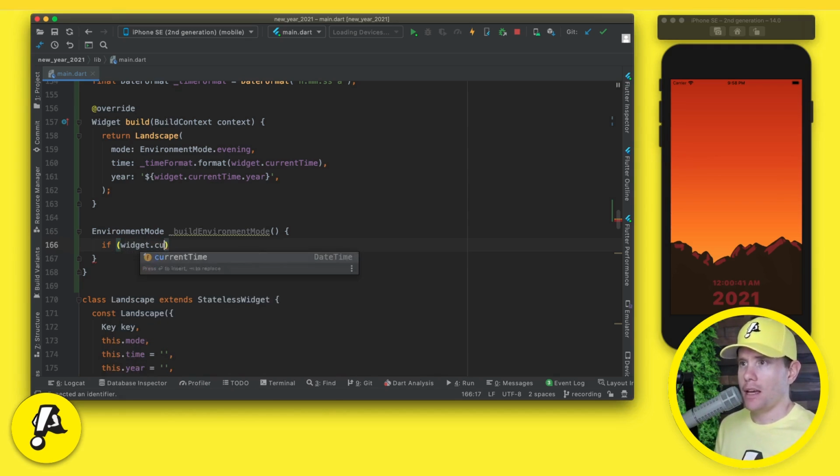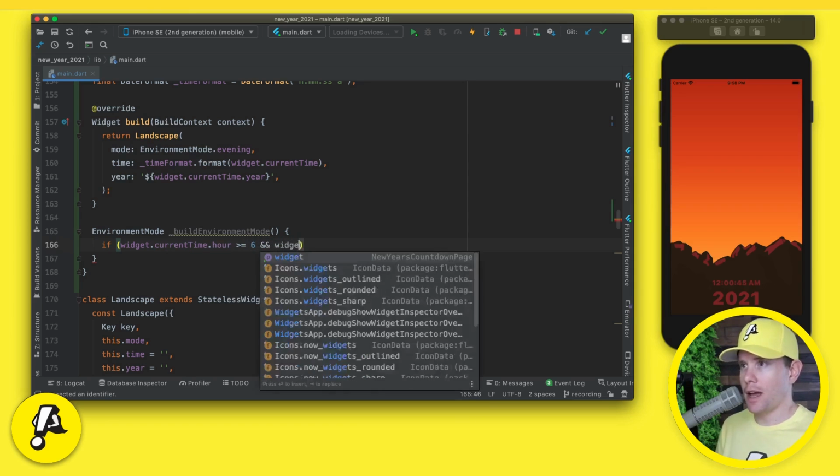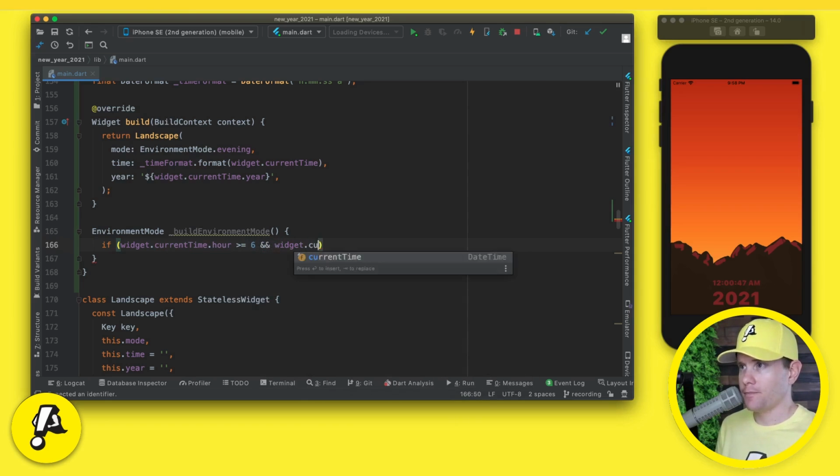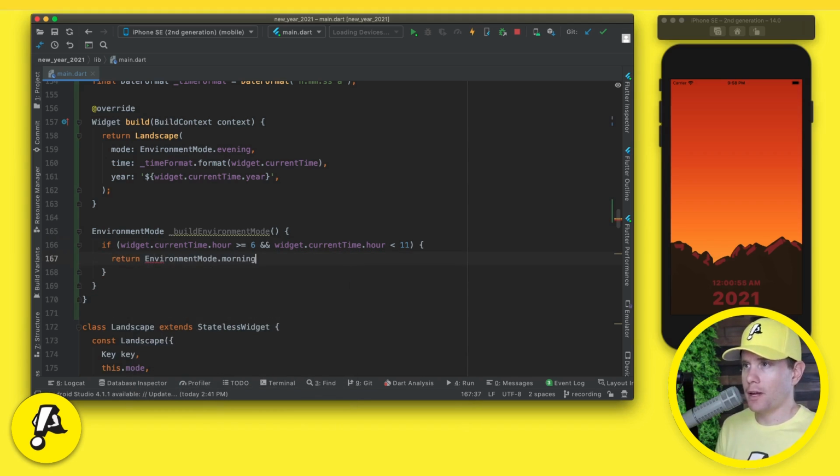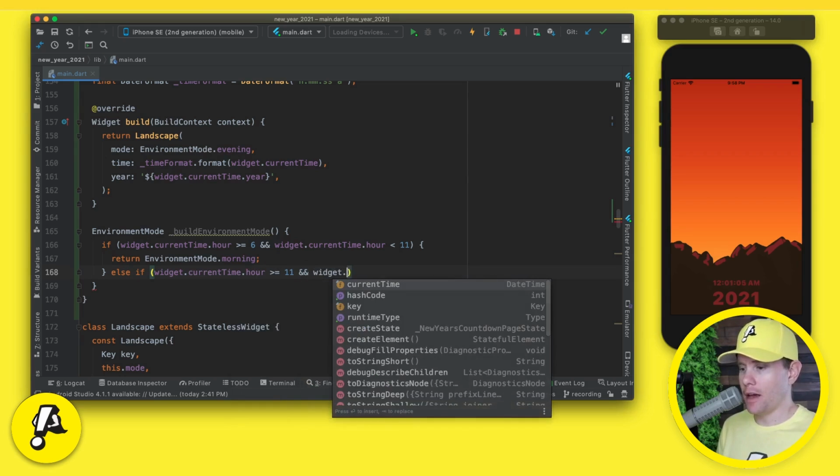But if the current time hour is greater than or equal to 6 and it is less than 11 a.m., I'm going to return morning. If the current time hour is greater than or equal to 11 a.m. and,